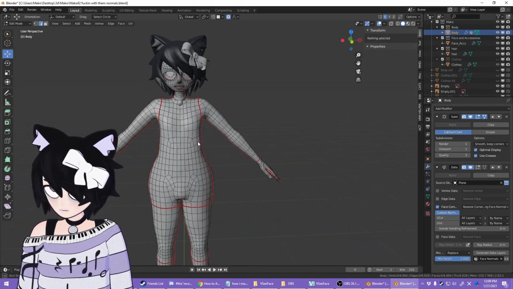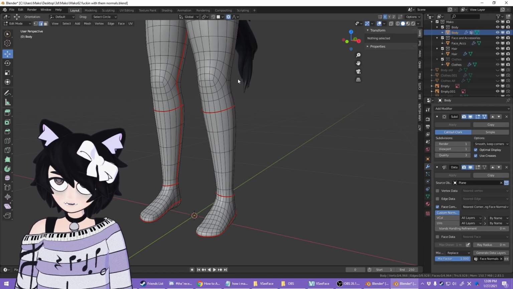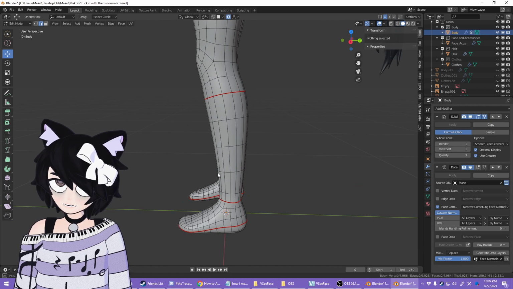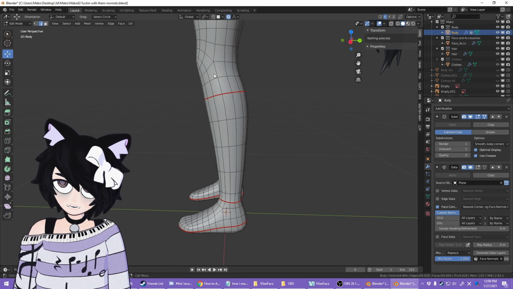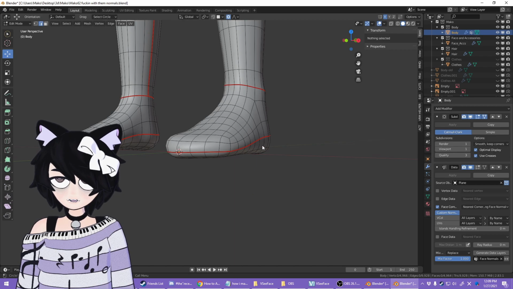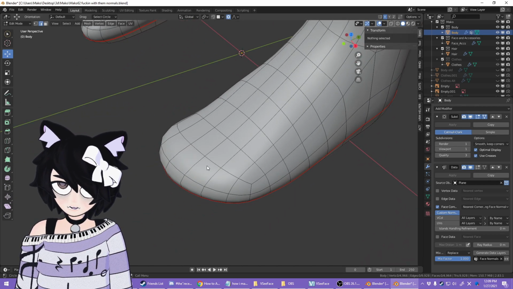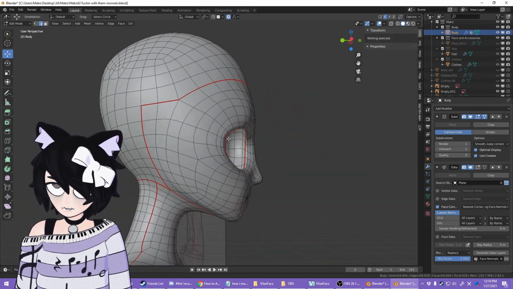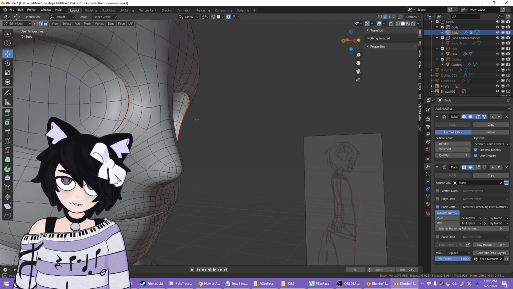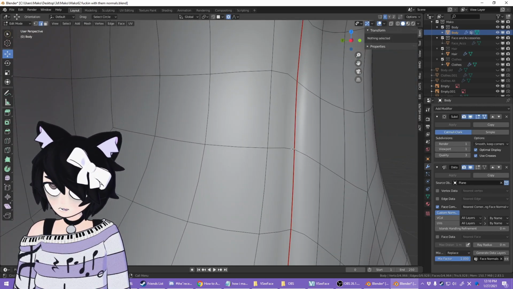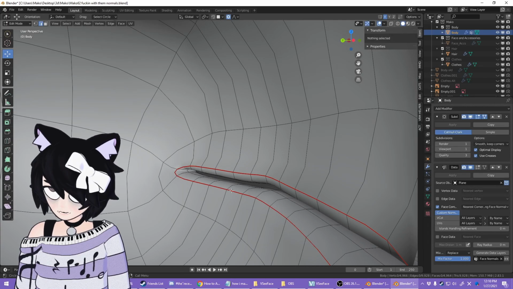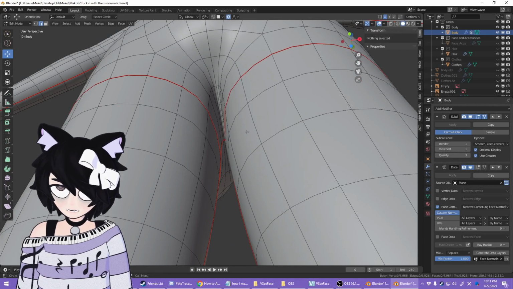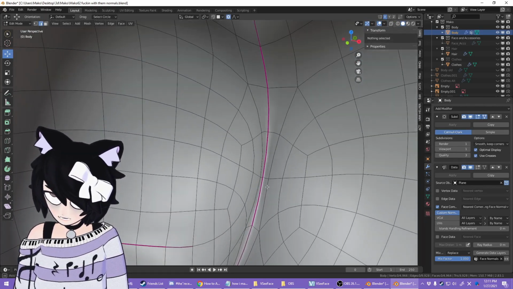Now for most of the base body here, it doesn't really matter trying to delineate things because it's all just going to be flesh colored. The socks, however, I knew from the start were going to be on the same mesh as the actual skin, the body, because I didn't exactly model in my toes here, so that's why I knew I was going to have a seam there. Got the neck going into the head right here. Got my whole face separated out. The eyes right on the ridge. Mouth right here. And the torso is separated into front and back. There's a line right here, completing that loop.